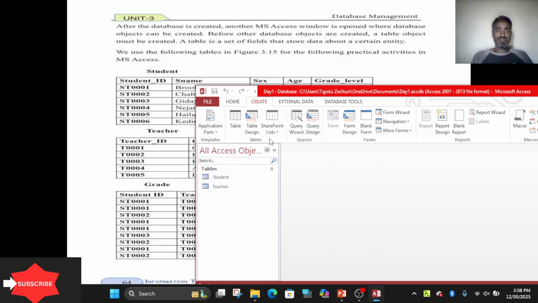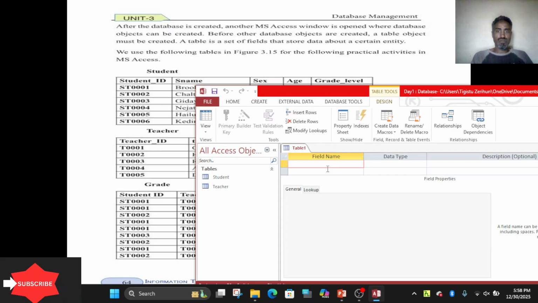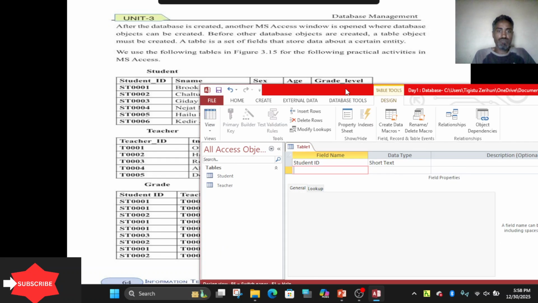The third table is here, grade. What are the field names? Grade ID, student ID. Here is a foreign key. It comes from student table. In student table, it was a primary key. The same to teacher ID. It was a primary key in a teacher table, here it is a foreign key.